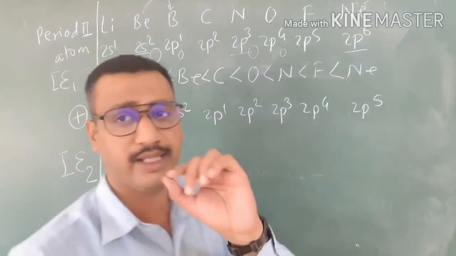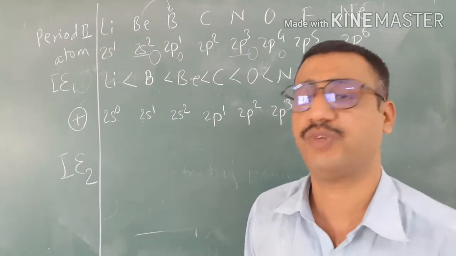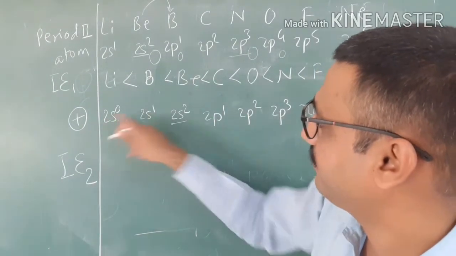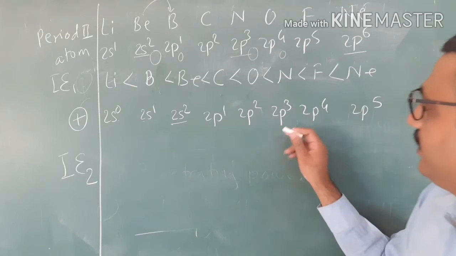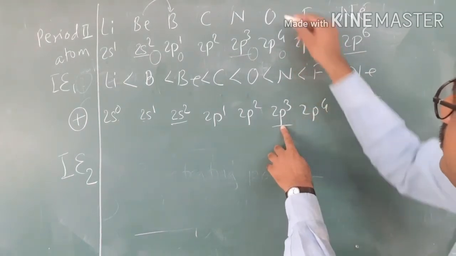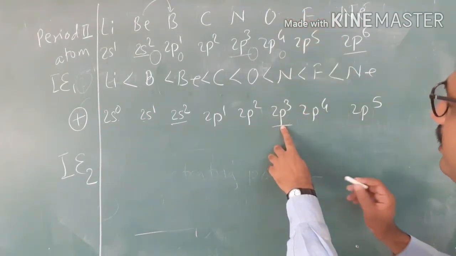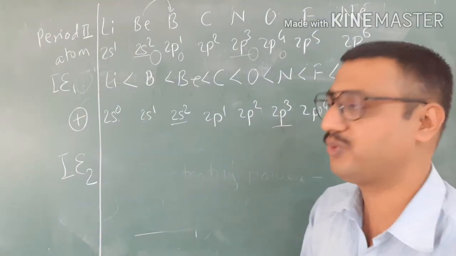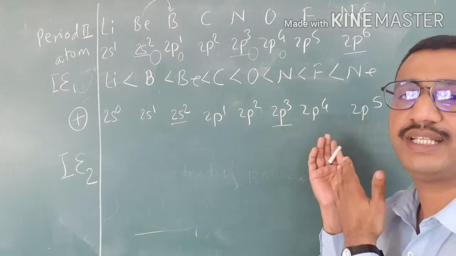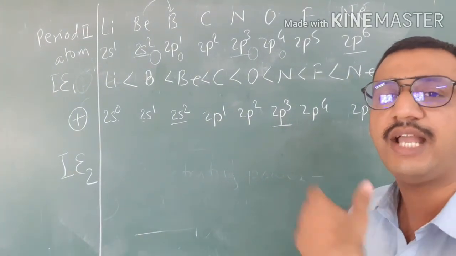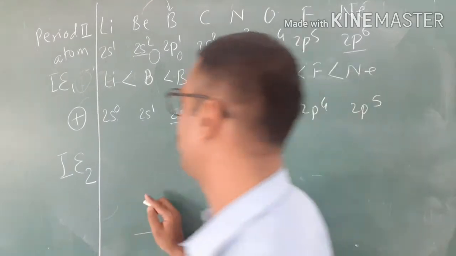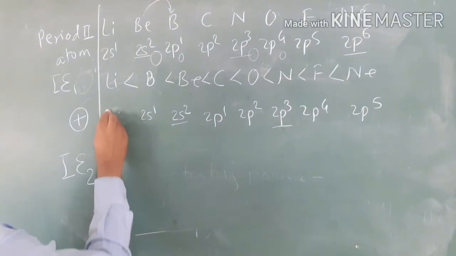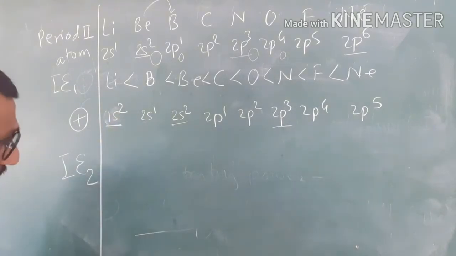Now let's underline the stable electronic configurations. So here 2s2, this is B plus, okay, 2s2. And here 2p3, now which one is 2p3? O plus is the 2p3. So these are the stable electronic configurations. So the general trend is known to us. Left to right atomic radius decreases. As the atomic radius decreases, the ionization potential value will increase. So as compared to the others, here also 2s0 means 1s2 we should keep. So it is also a stable one.